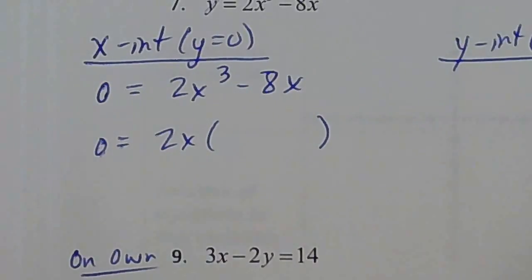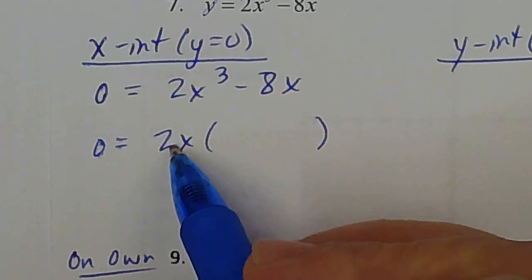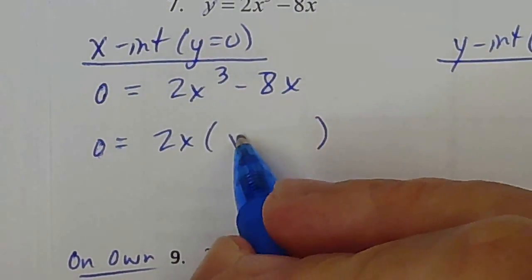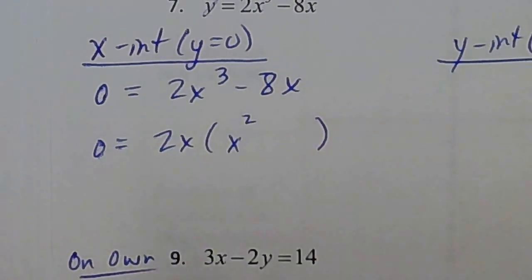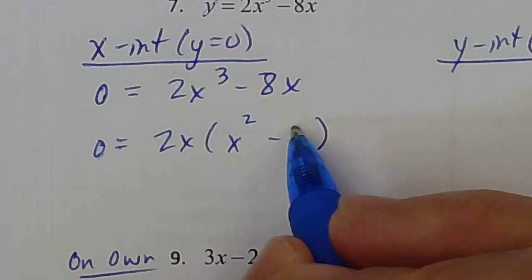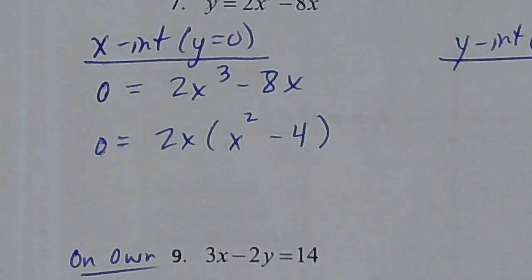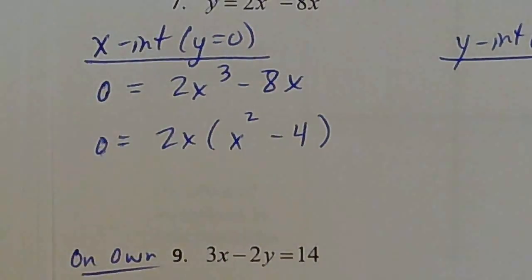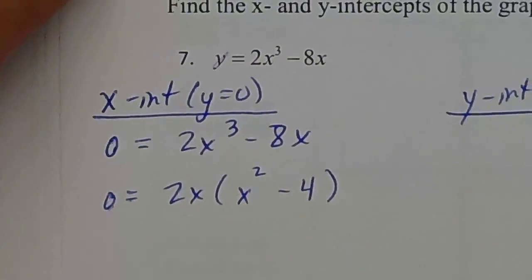Okay, just like that warm-up, just fill in the blank now. 2x times what gives me that? We need x squared. 2x times what gives me that? -4. Okay. All right, next we got to use something called the zero product law, which you were again taught